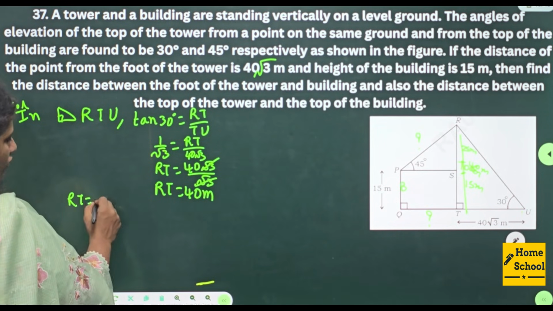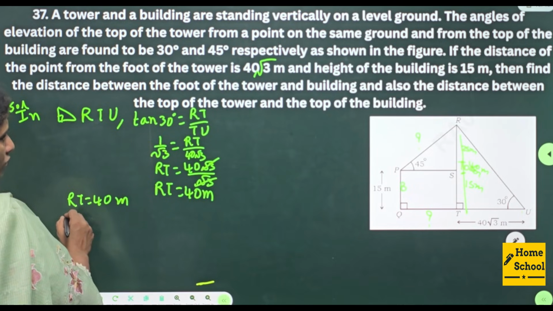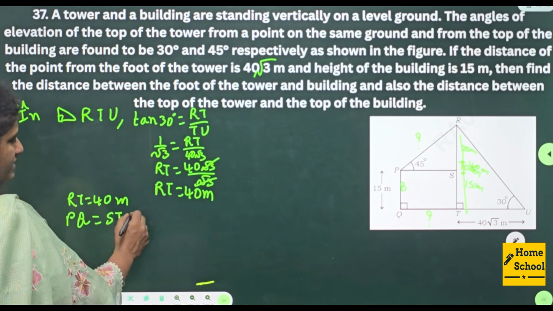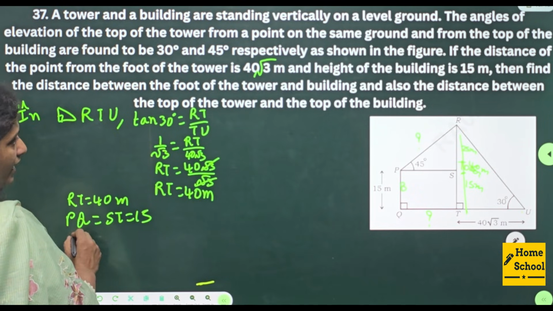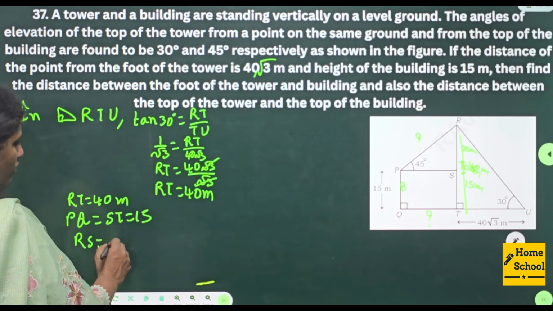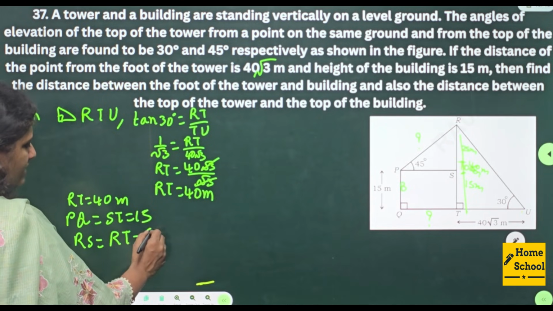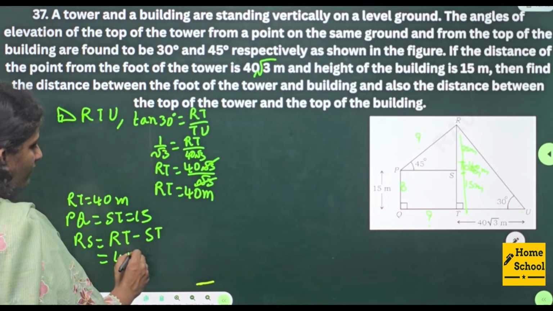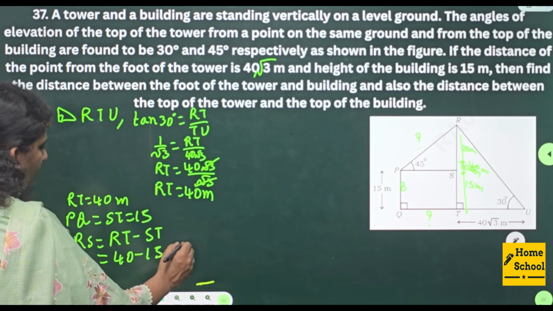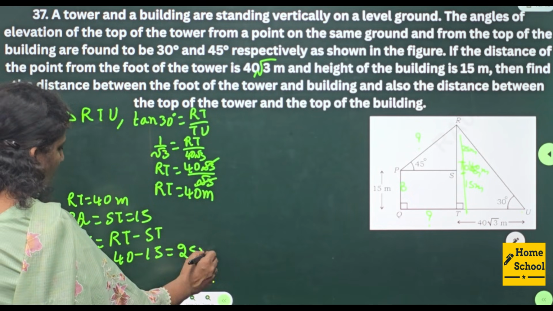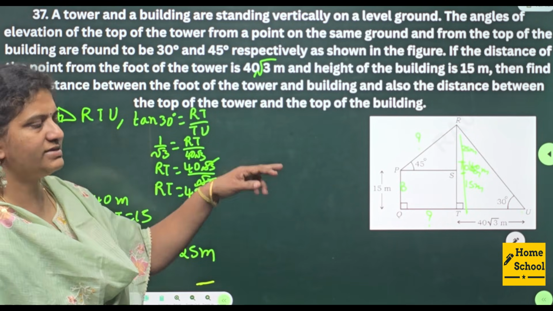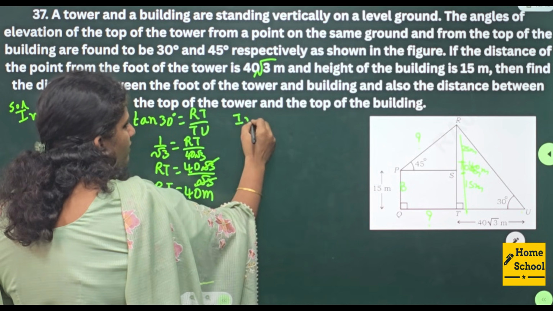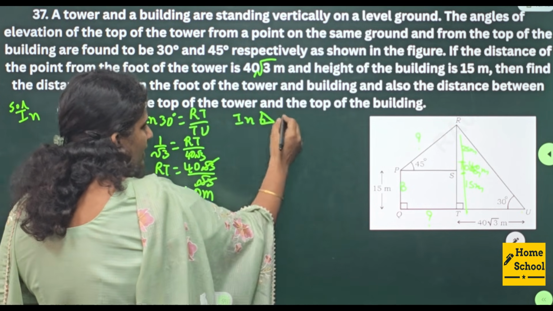RT is equal to 40 meter. We know PQ is building height. PQ is equal to ST, equal to 15. Then RS is equal to RT minus ST. That is, RT is 40, ST is 15. That will be 25 meters. RS is 25. Now, in right triangle